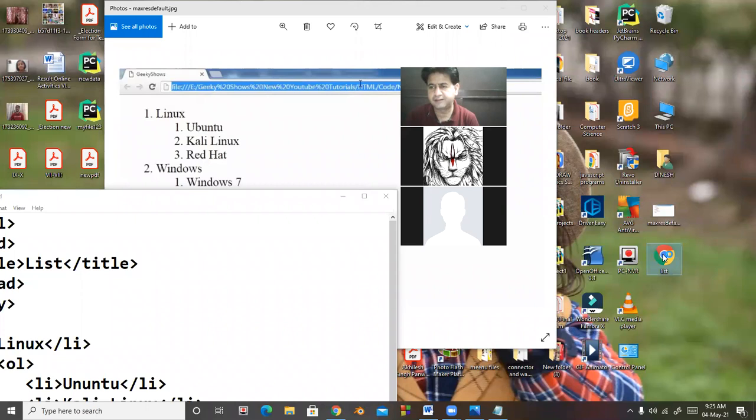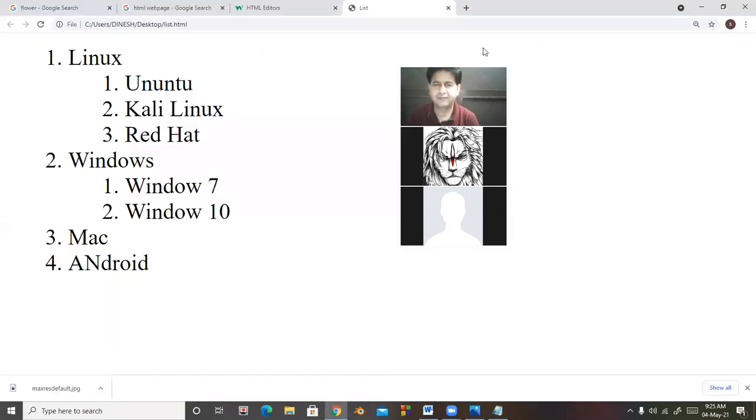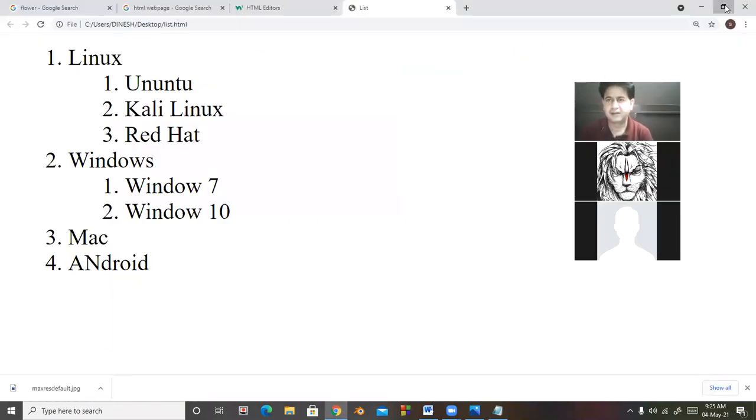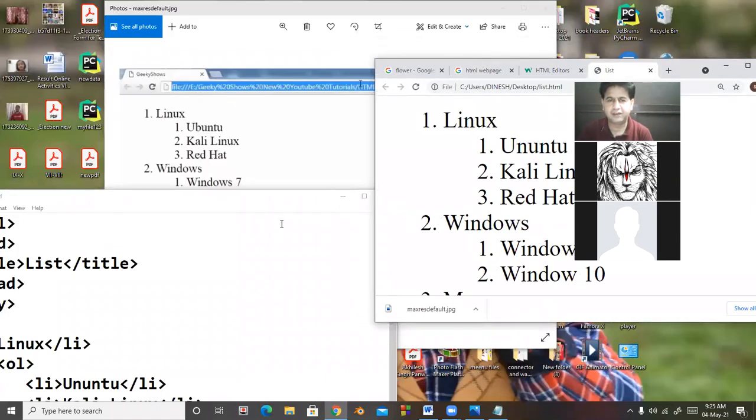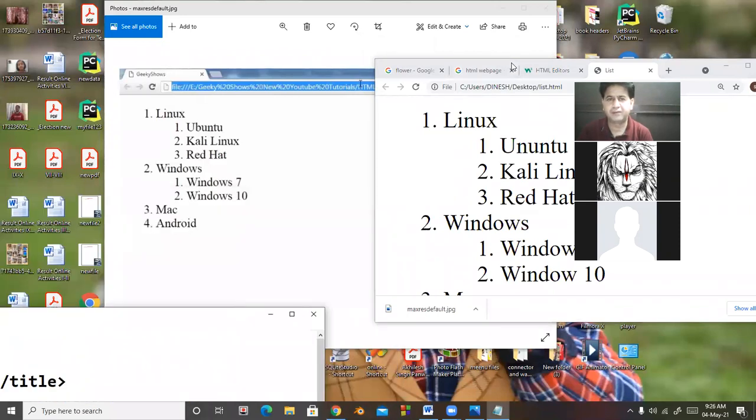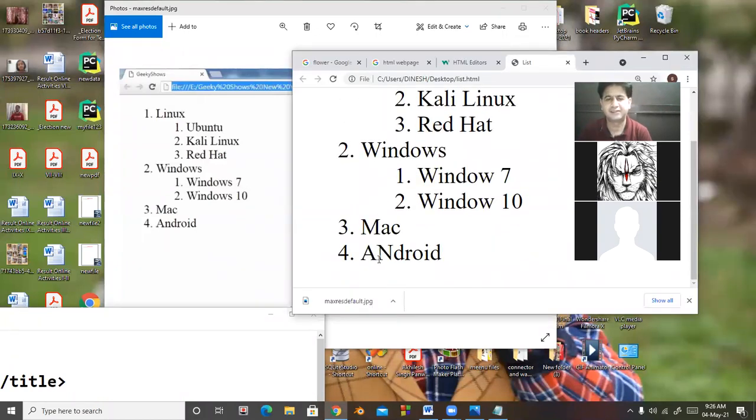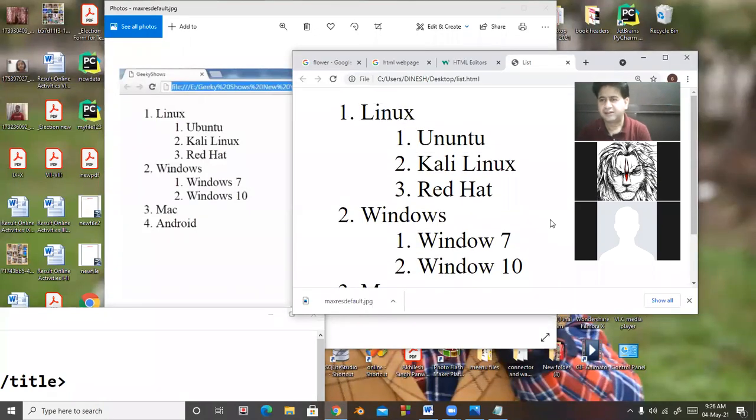So here is the list. Look here, it is exactly similar to the example. So this is your nested list. Akhilesh, any doubt in this? Yes, students, unmute yourself and ask.